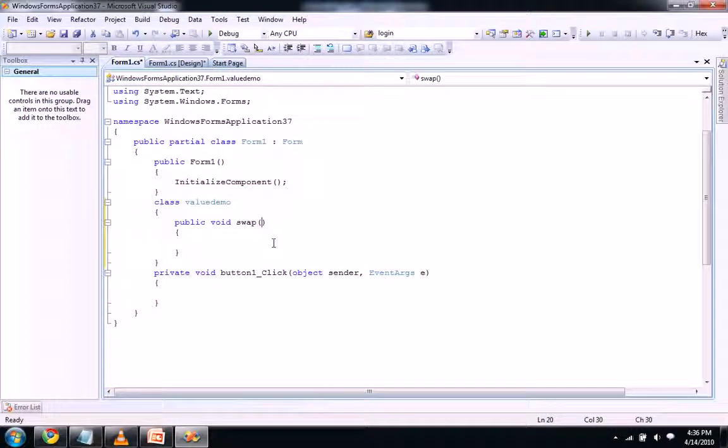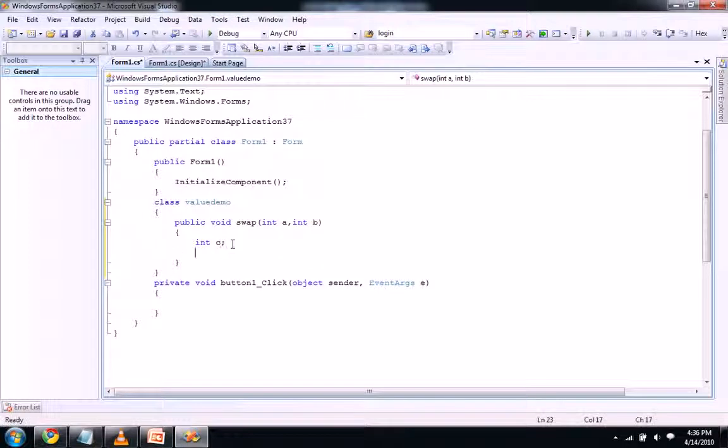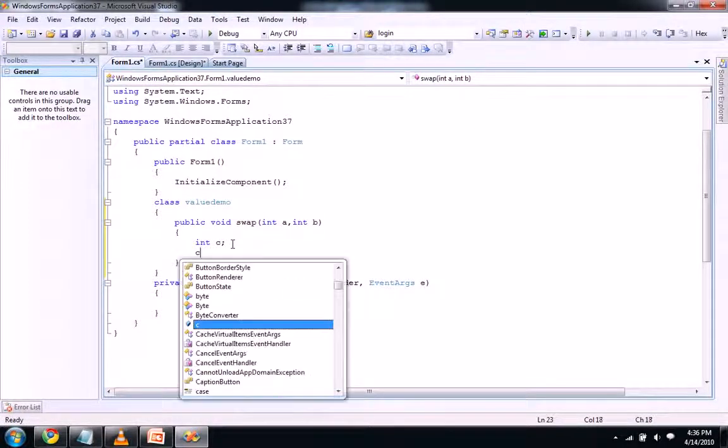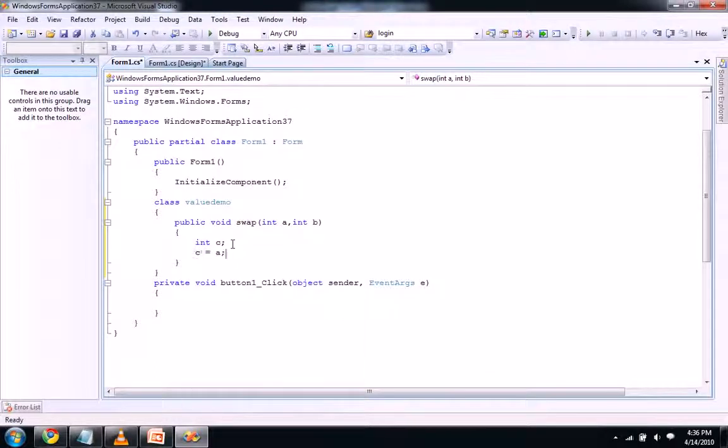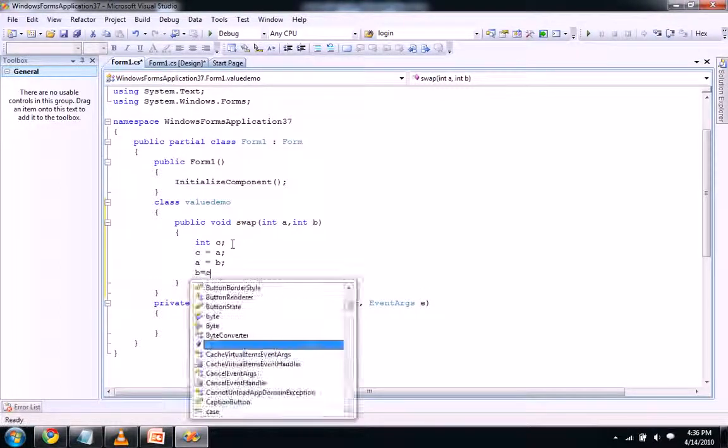Here we will have formal parameters, int a comma int b. We need two numbers to swap, so let's swap our two integers. To swap our integers we need a temporary variable, and I think everyone knows how to swap two numbers, right? Okay, let's do this, and b equal to c.